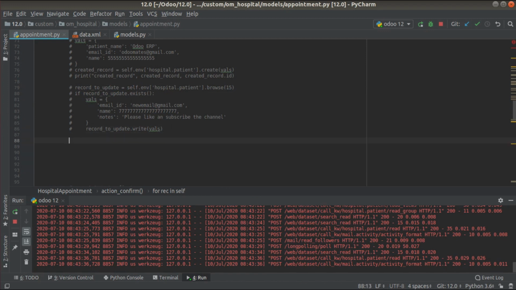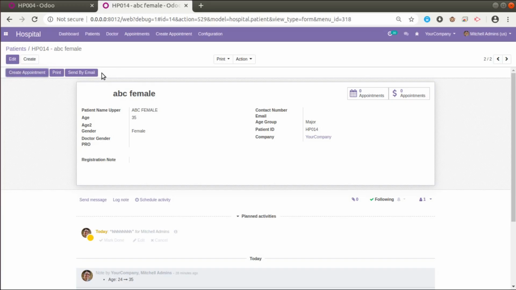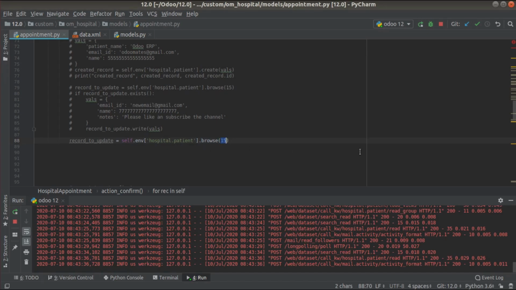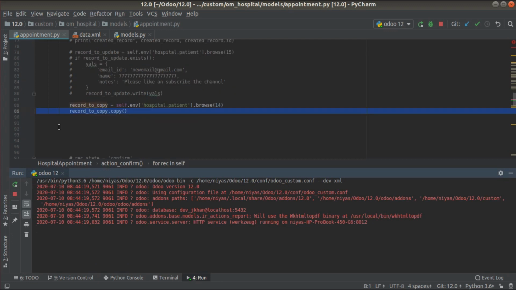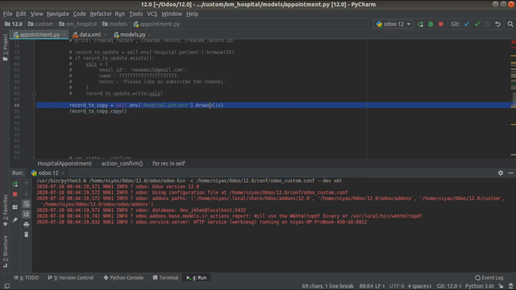So what I'm going to do now is copy or duplicate this record. Here you can see its ID is 14. So instead of record to update, I'll be giving record to copy. For record to copy, you simply call the method copy. Once you call it, it will duplicate the record. So what I have done here is fetch the record with the ID 14 and simply call the